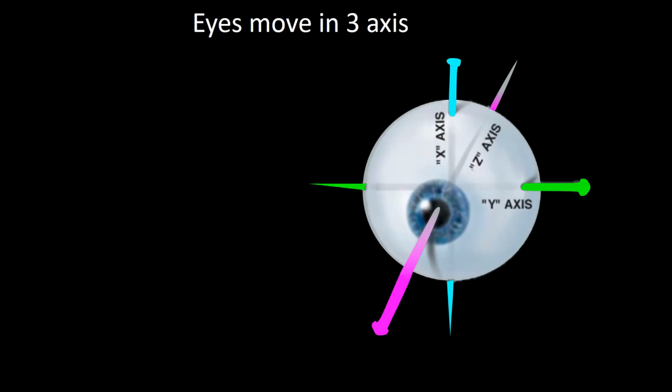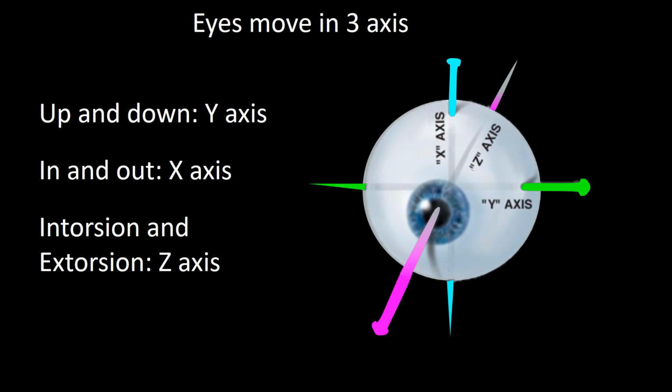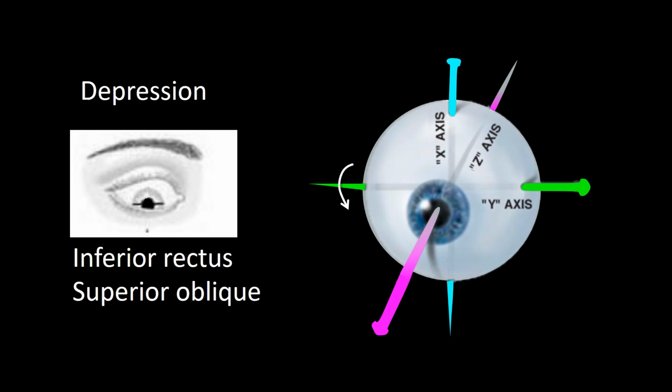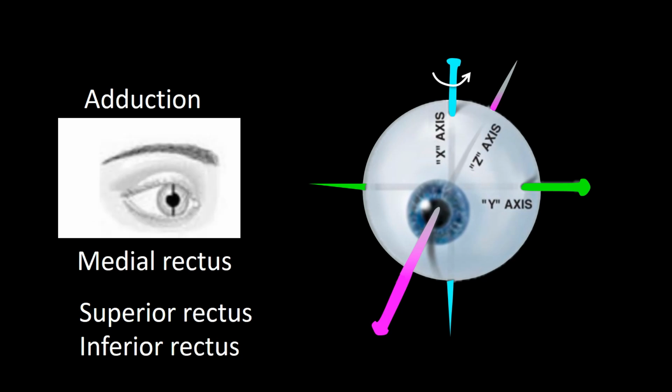The eye moves in three axes: up and down in the y-axis, in and out in the x-axis, and intorsion and extorsion in the z-axis. Elevation is accomplished by the superior rectus and inferior oblique, depression by the inferior rectus and superior oblique, abduction primarily by the lateral rectus, but the superior oblique and inferior oblique may contribute to abduction depending on eye position, adduction primarily by the medial rectus, but the superior rectus and inferior rectus may contribute to adduction depending on eye position,